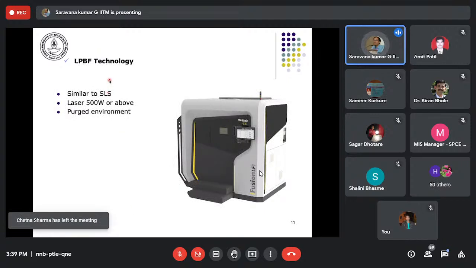This is an LPBF technology, that is, laser powder bed fusion technology. It's very similar to SLS in terms of the mechanism of powder spread and everything. The laser power is higher.